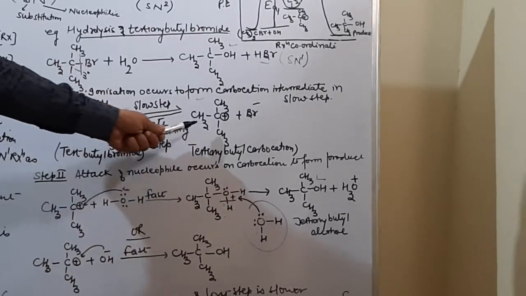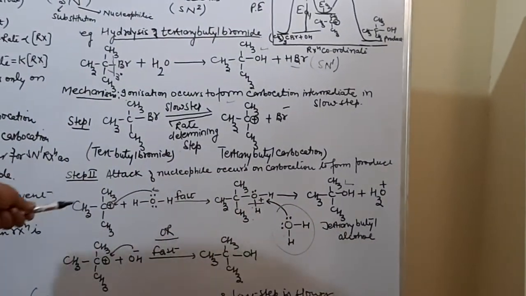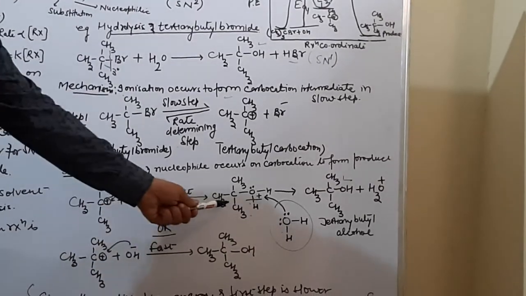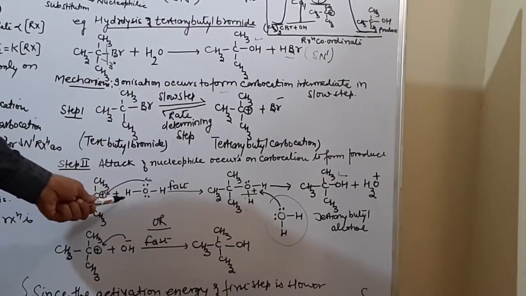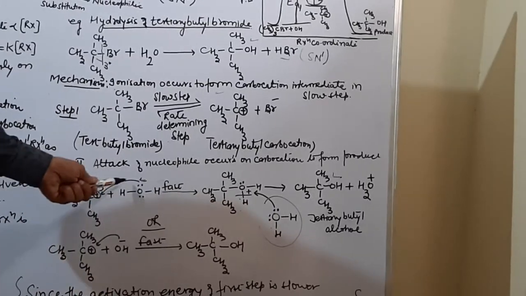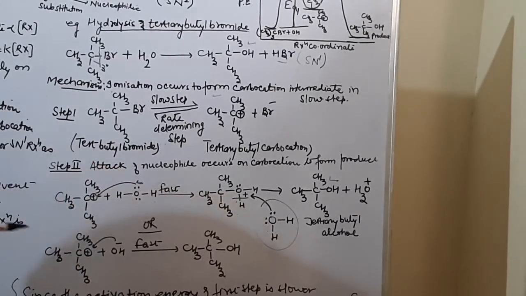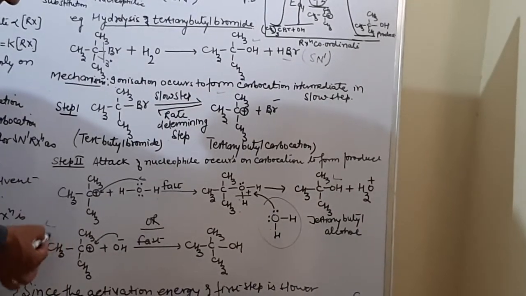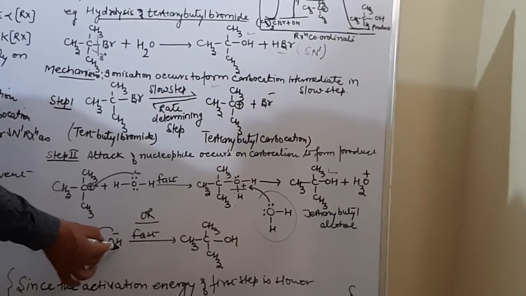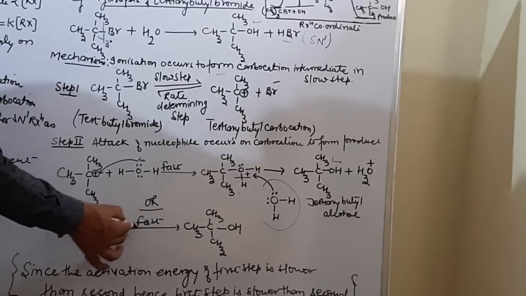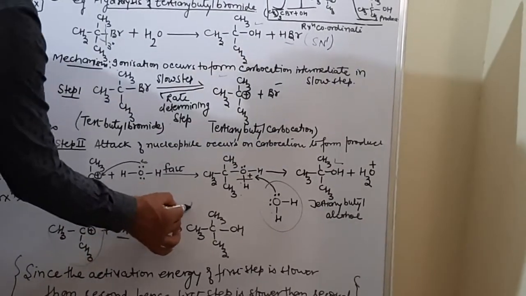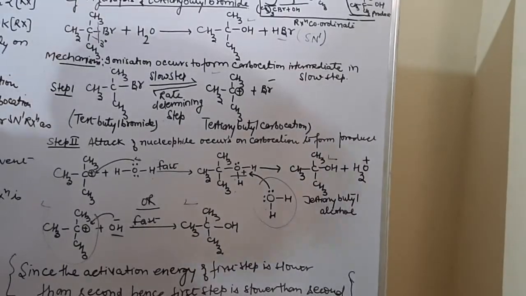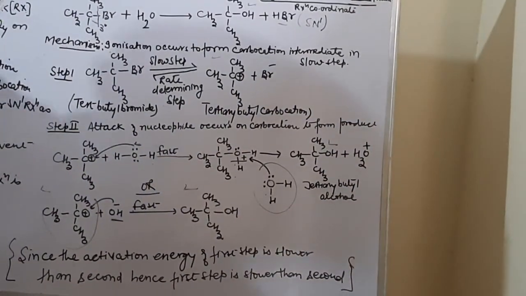What is the reaction intermediate? It will be tertiary butyl carbocation. Yes, in the second step of this reaction, I have shown the attack of a water molecule through oxygen. You may also do the mechanism in this manner. This is a 3 degree carbocation. This 3 degree carbocation is attacked by what? OH negative ion, and this will result in the formation of tertiary butyl alcohol. So this is the mechanism of a nucleophilic substitution reaction.